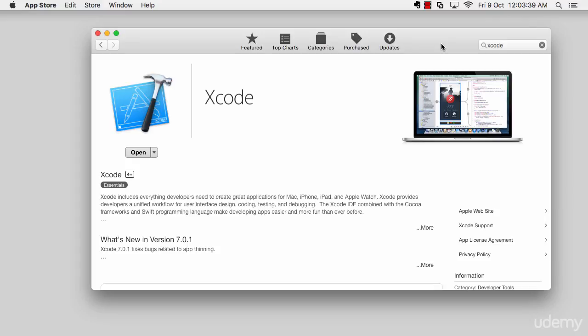So what is this Xcode? Apple wants you to have just one software kit so that you can develop anything on that, and Apple has done a great job with Xcode. All you need is just one file. Open up your App Store, search for Xcode and open it. Since it's a pretty big file, around 3.5 or 3.6 gigabytes,